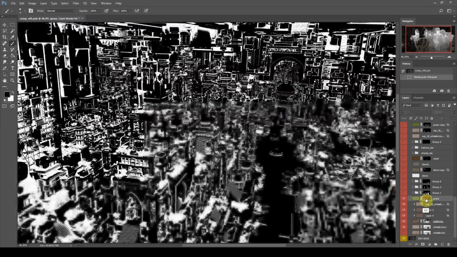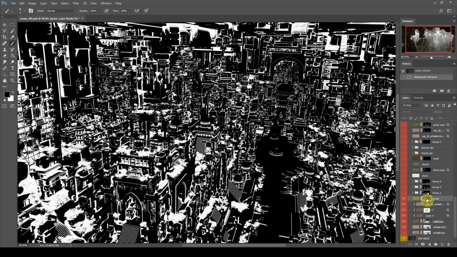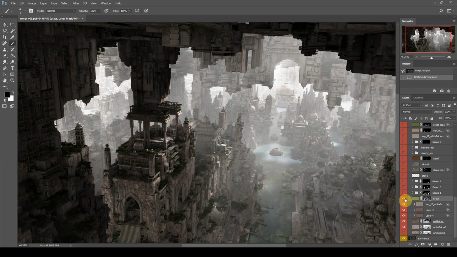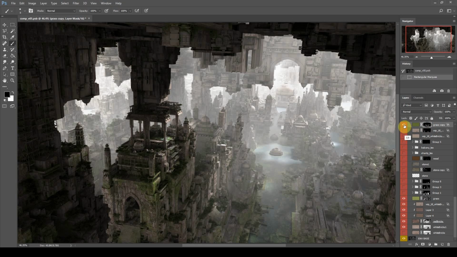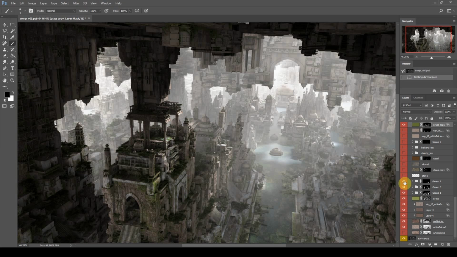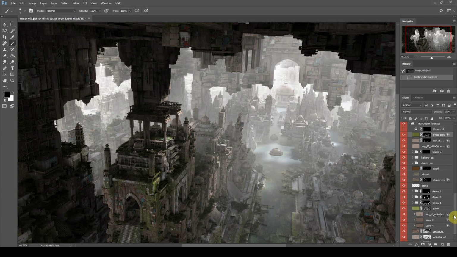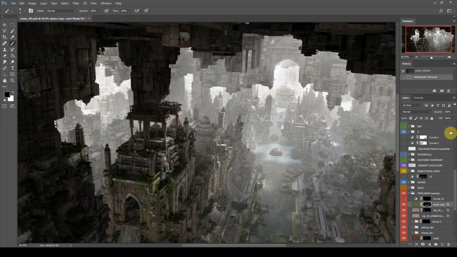For example, here for grass I used the inverted ambient occlusion map just to get all of the edges, and liberally put it in all of them, and then also later on painted on some more grass using just some brush strokes to get the bespoke look that I wanted of a slightly overgrown city. And I play around a lot with these. There's really infinite variations that you could go for, and I'm constantly using my ideas from earlier to make all of these work. So if I go to the top of my layer stack here,